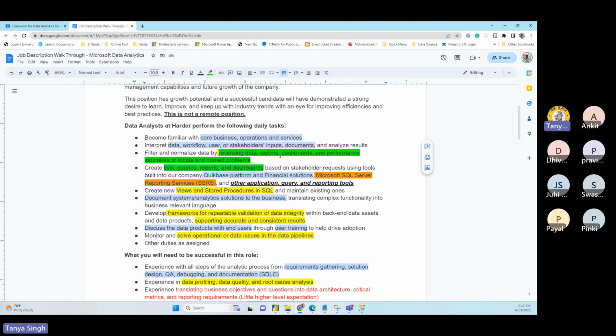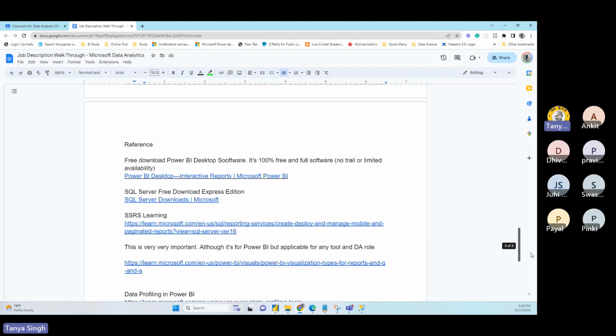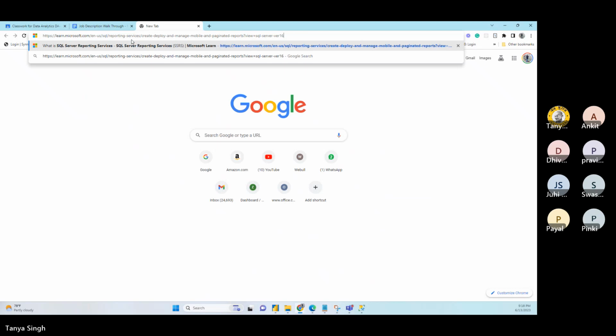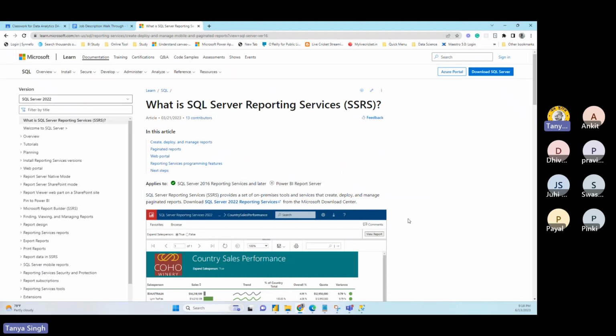There are different kinds of reports. Usually it's in tabular format. Then dashboards. When the term dashboard comes, it means you can see visuals. Let me open one dashboard so it will be easier for you to connect. There are some references, and all these details are available in Google Classroom, so you can access them anytime. Just listen to this and go through it. You do not need to worry about whether you understand completely or not. Even if you remember 5 or 10%, that will be very helpful.